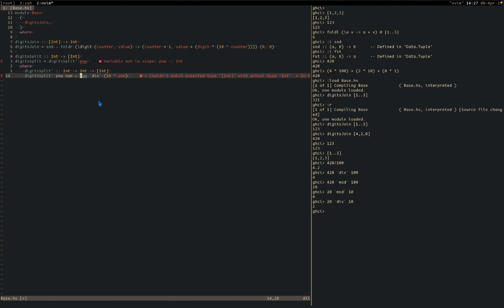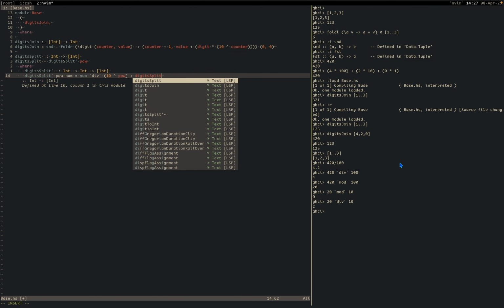And that should give us the digits we want, and we want to call this same function back on the remaining digits. So we would append to the list and say